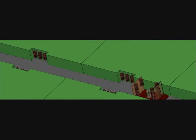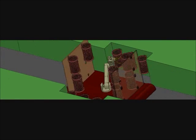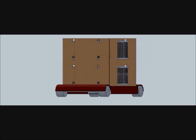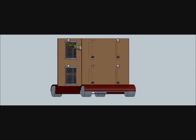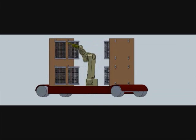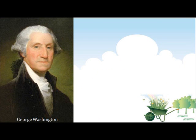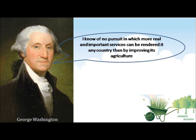Here is a fully automated, environment-friendly, low-cost product for multi-level farming. Farming was never so easy. With our completely futuristic automated farming transportation system, you can be assured to have freshness delivered to your doorsteps day after day. George Washington once said that, "I know of no pursuit in which more real and important services can